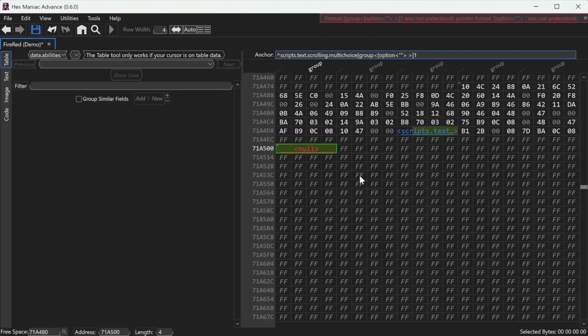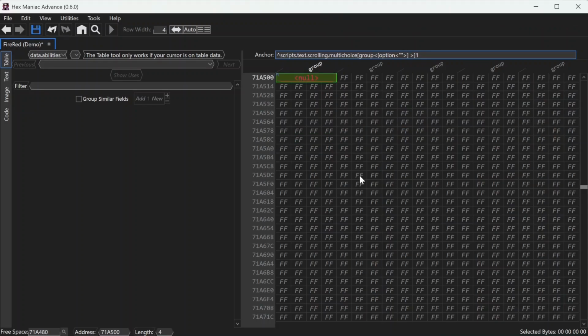Then close off the table with a right bracket. Lastly, immediately after, type an exclamation point and 8 Fs. This basically lets different multi-choice groups have different numbers of options. Now going back to the